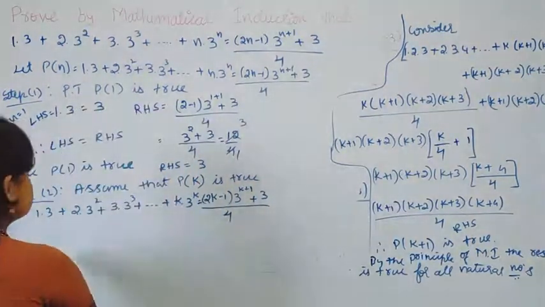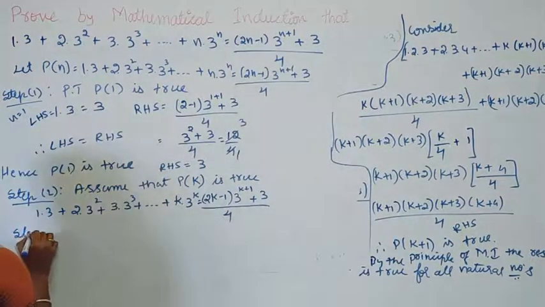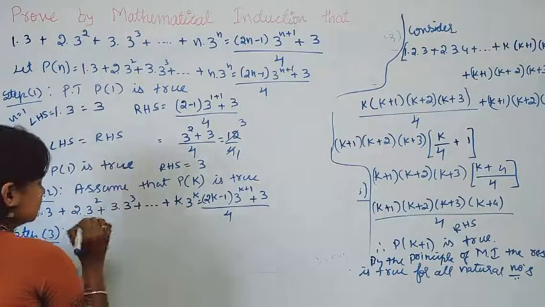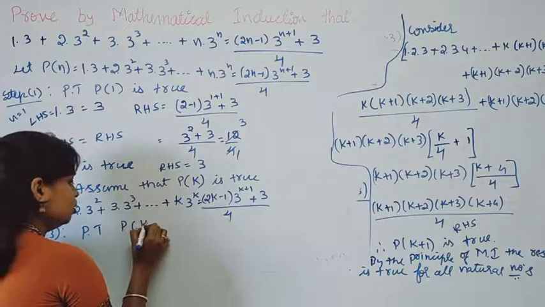This is step 2. In step 2, we have to assume that this is true for some k. Okay. Next, step 3. Step 3 is prove that P of k